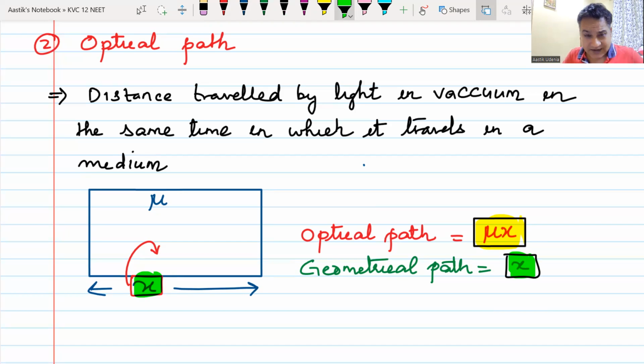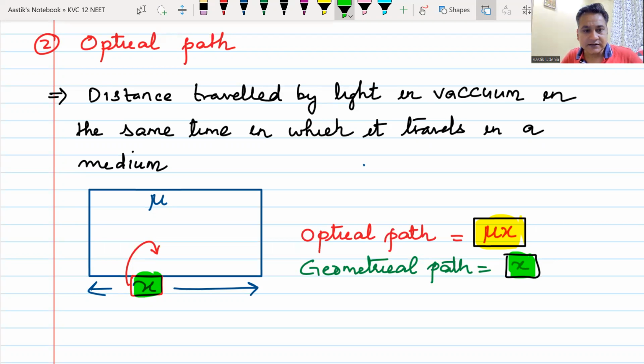Geometrical path is the actual distance light travels in some other medium. Mu x is the equivalent distance it would have traveled if it had traveled in air instead of the medium. This mu times x is known as the optical path. Do we understand this? Can I have raised hands from everyone in the class that we understand this? Optical path